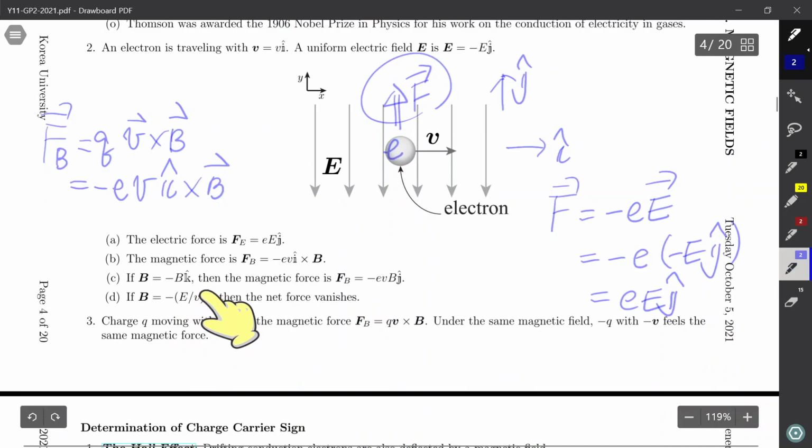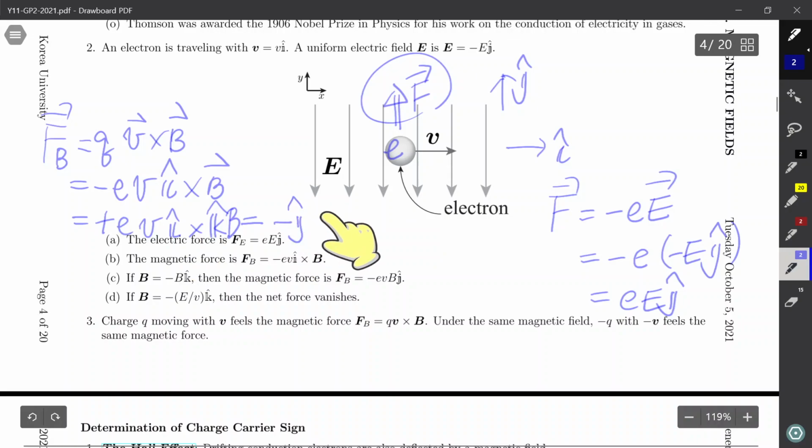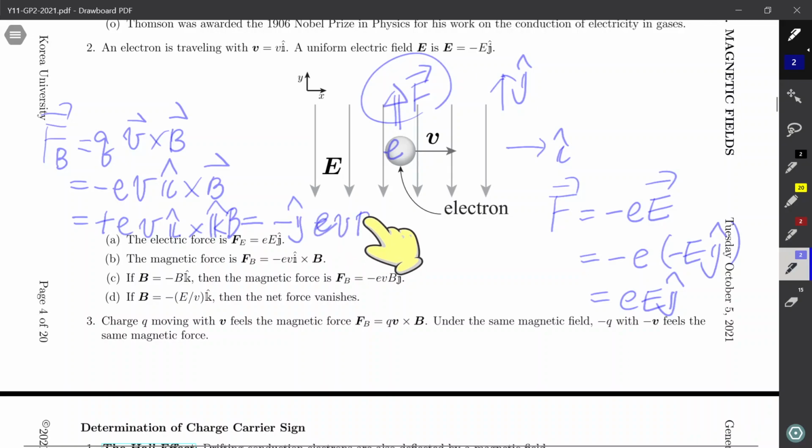If it is minus K, then it is I K J, then it is I K J minus J E V B. Okay, if it is E equals E over V, then